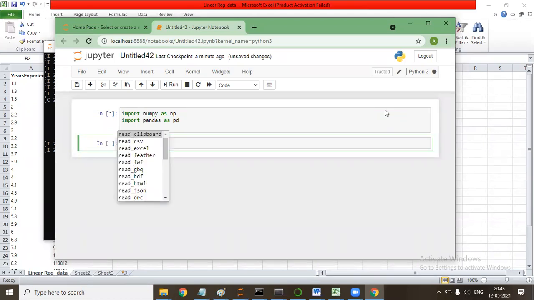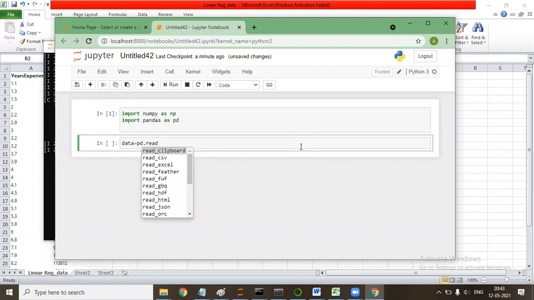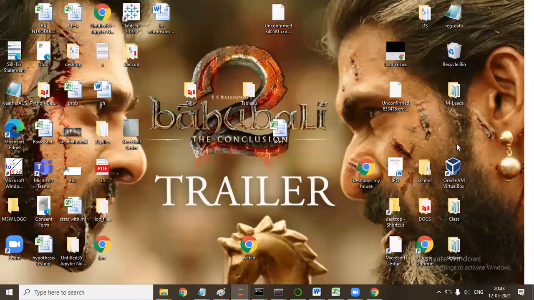I'll say data is equal to pd dot read_csv, and I'll go there. Where is the folder? Yeah, here it is.